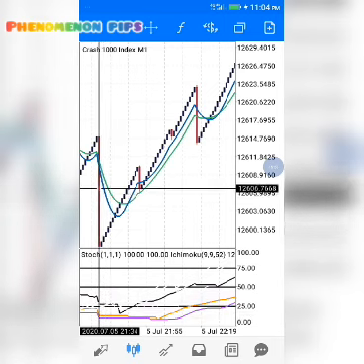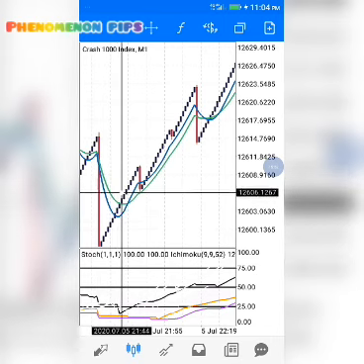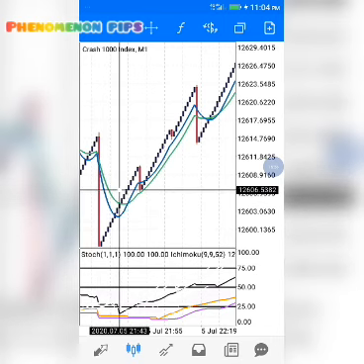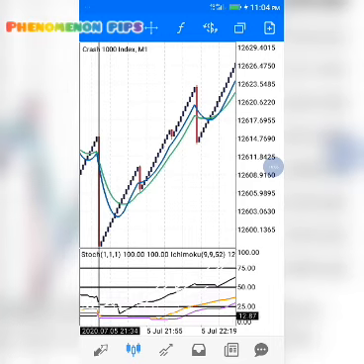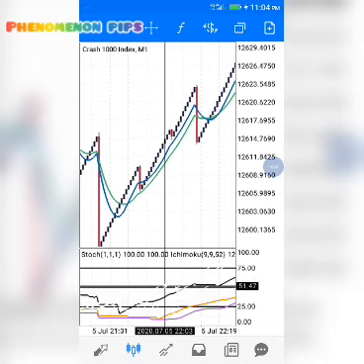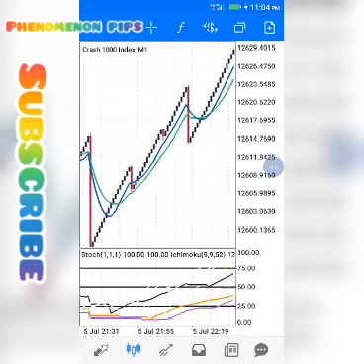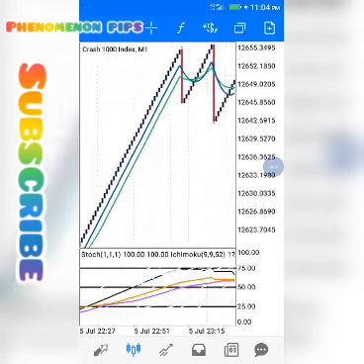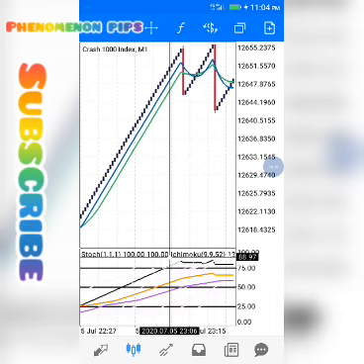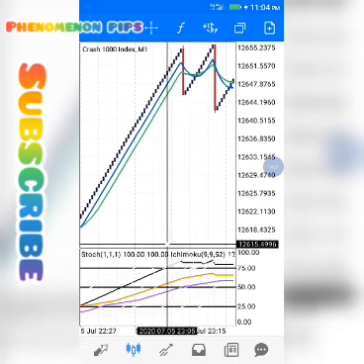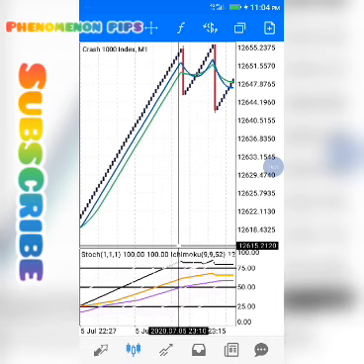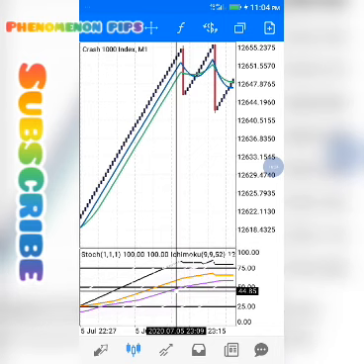Then when the moving averages cross each other, take your trade. Even if a spike happens, it will still go up, because you have already done your analysis on your higher time frame and you know the market is in an uptrend. So you take your trade. When you reach the 50 level, you exit the market. Then if you want to catch a spike, wait for it to reach the 75 level here. When it reaches 75, just place your trade after like 4 to 5 candles, and the spike will happen.